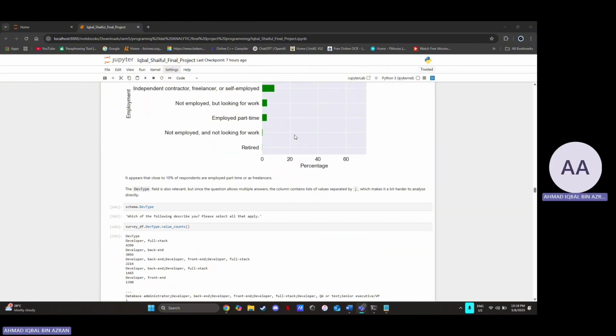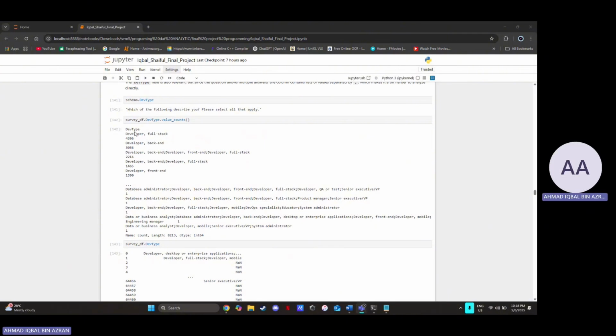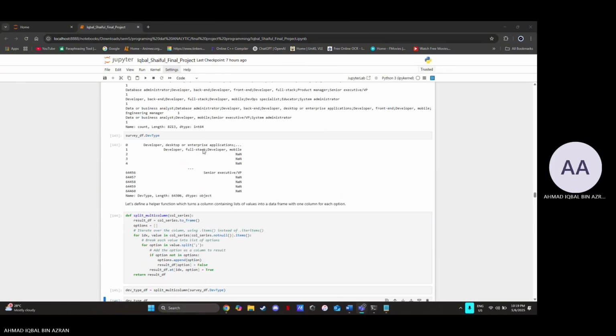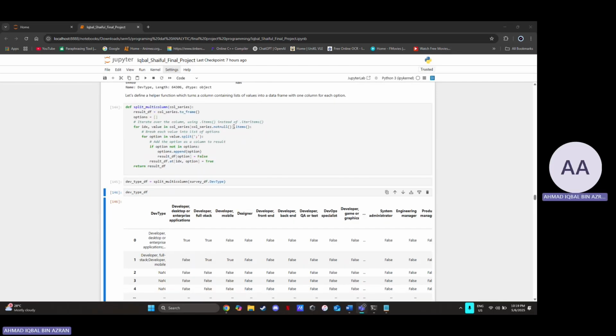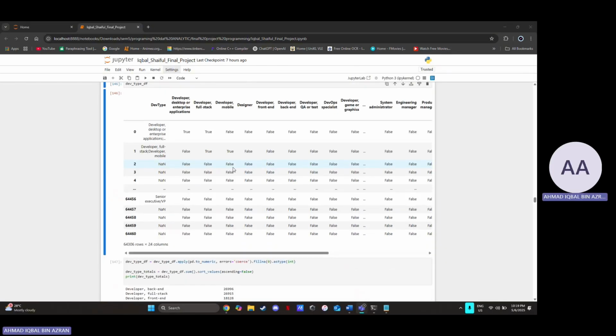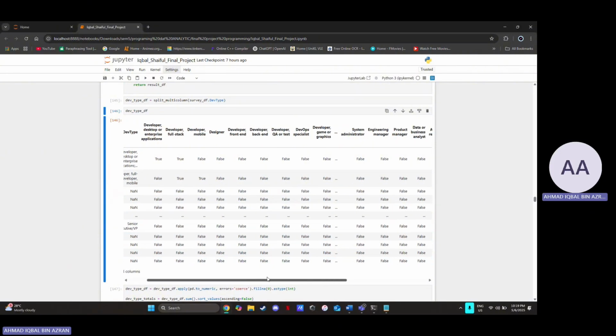So next, the schema asks which of the following describe you. Please select all that apply. So this is survey_df dev type value counts. As you can see here, developer full stack, developer back end, and developer front end. You can see here the types of jobs from the column, which are developer desktop, developer full stack, developer mobile, designer, and so on.